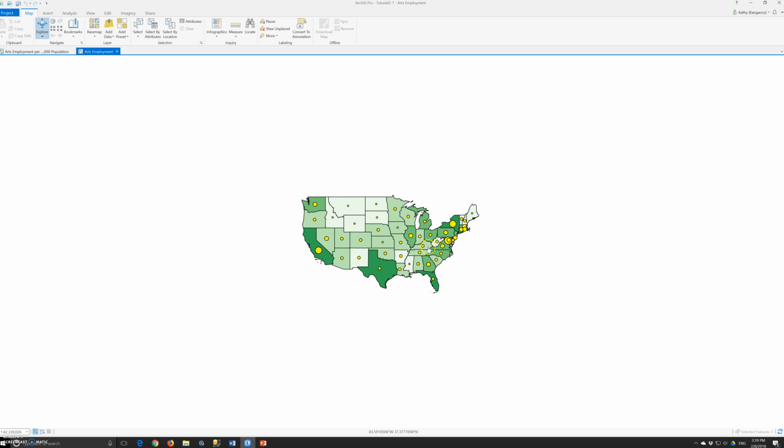So now we're going to create a new layout. A layout starts as a blank canvas to which we can add one or more maps, surrounds, and the other elements we choose. In design, although it is possible to add images of tables